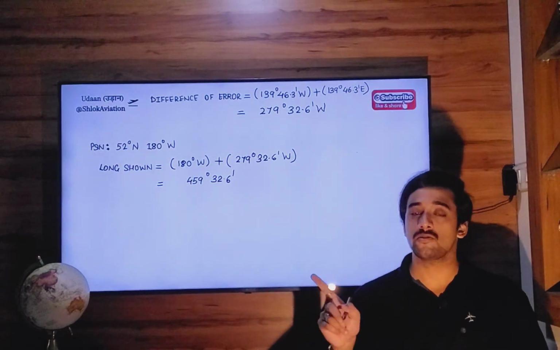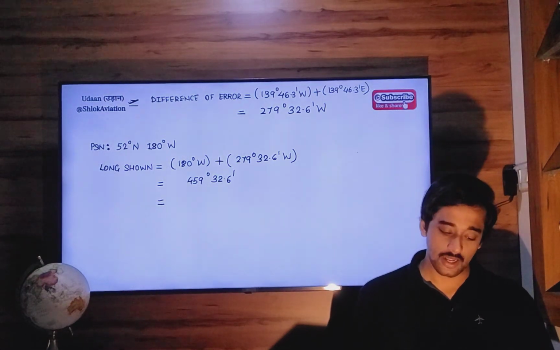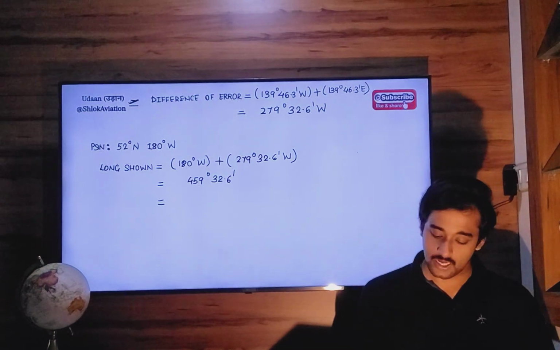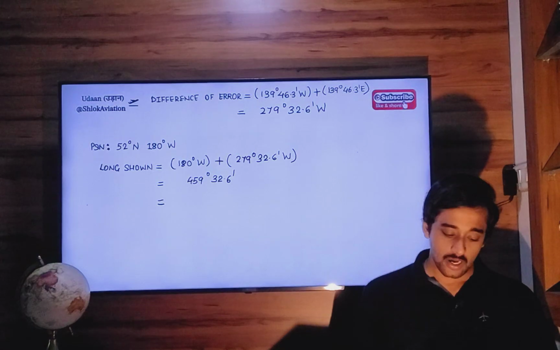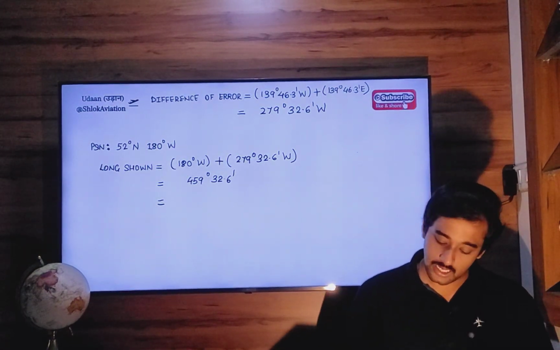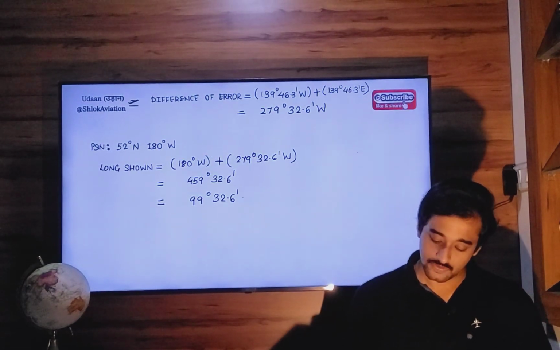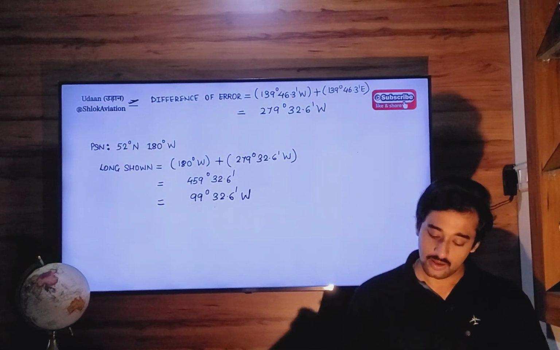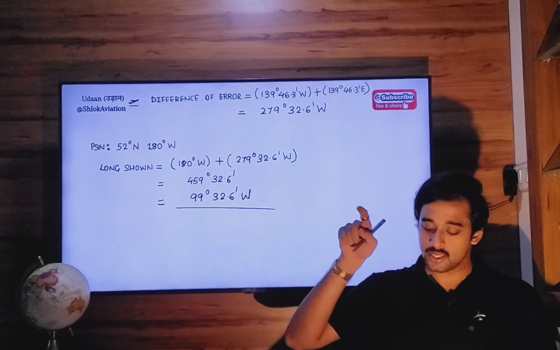180 in the west hemisphere, 180 in the east hemisphere. So what you are going to do is subtract 360 degrees from this value: 459 degrees 32.6 minutes minus 360 degrees, that is 99 degrees 32.6 minutes west. So you have made a 459-degree rotation, a 360-degree full rotation and another small rotation in the